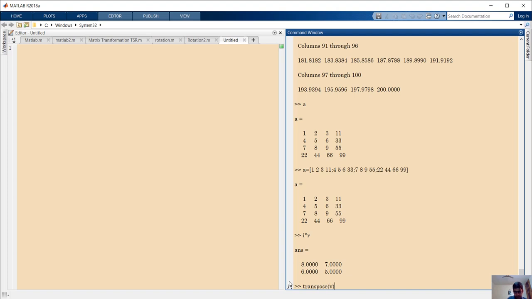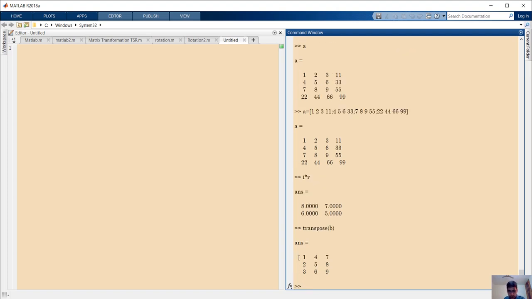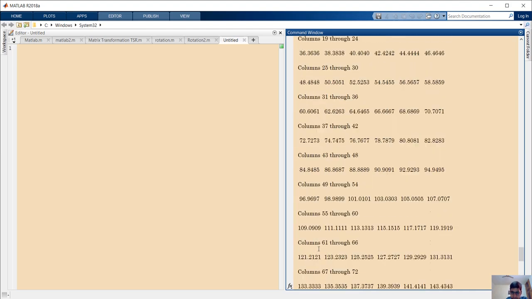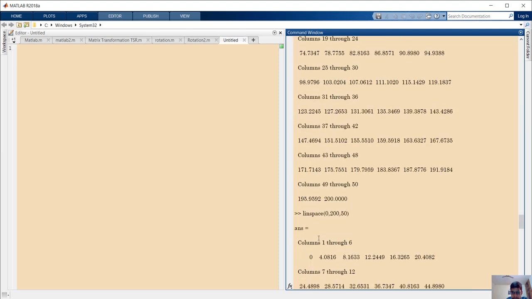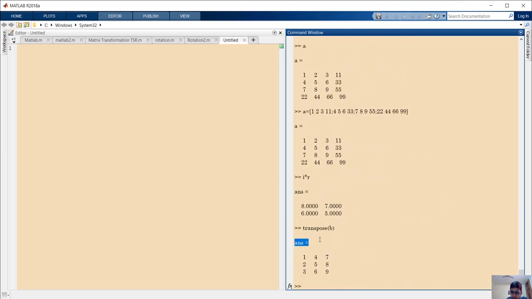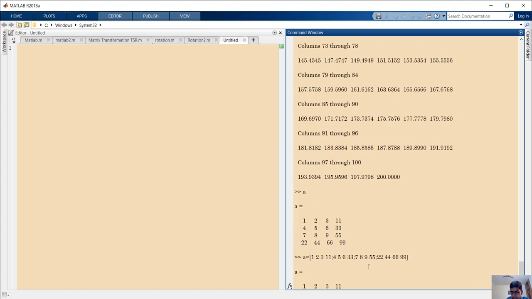Okay, yeah, so this is getting a transpose, and I have not assigned any variable, so it is not showing any variable. Also remember that you have to assign a variable first, then we have to give the equation. If you try to give the equation first, then assign the variable, then it will not work.